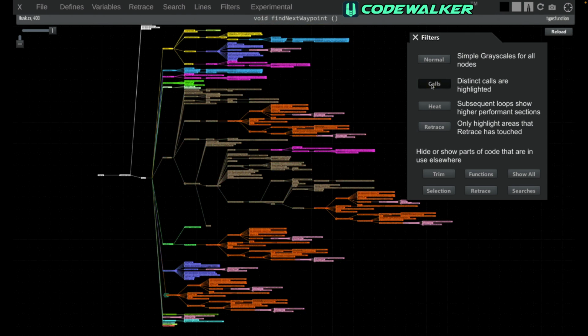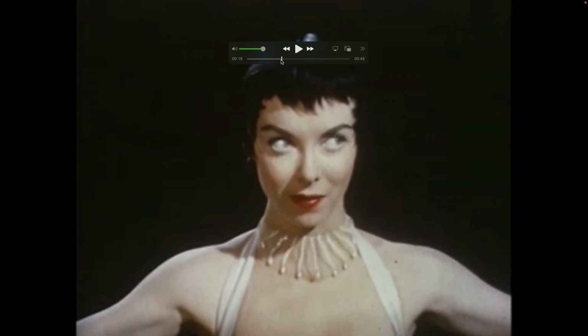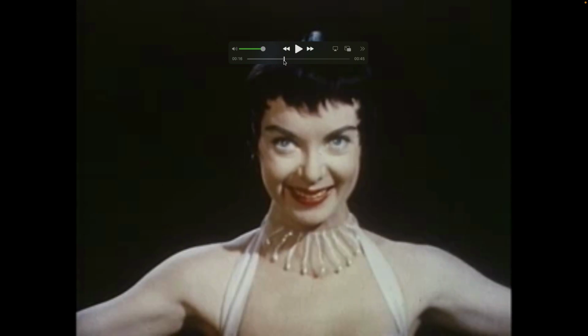So let's talk about what Retrace is for a second. For any given problem, we want to know 1. Where things are going wrong. 2. Other stuff. And we knew we wanted it to work like a movie scrub bar, but plot twist, CodeWalker